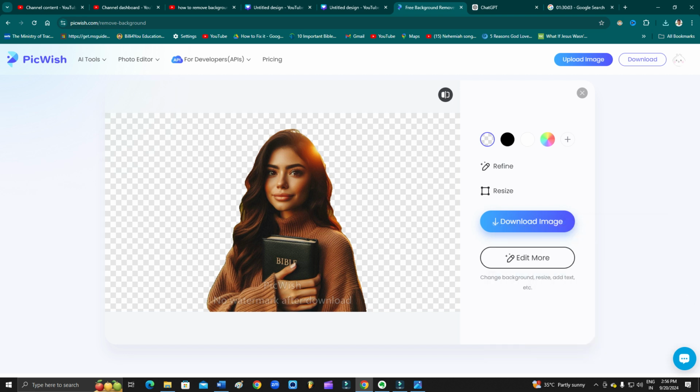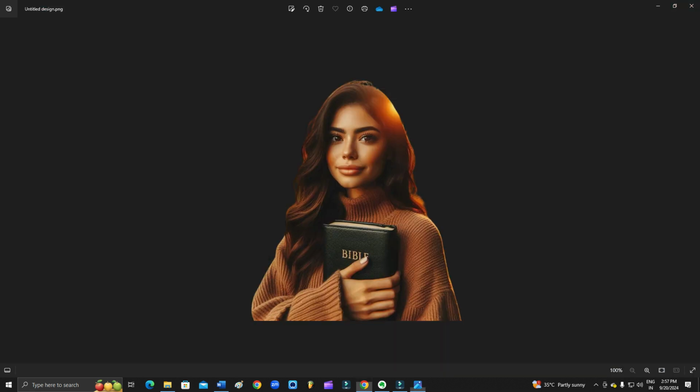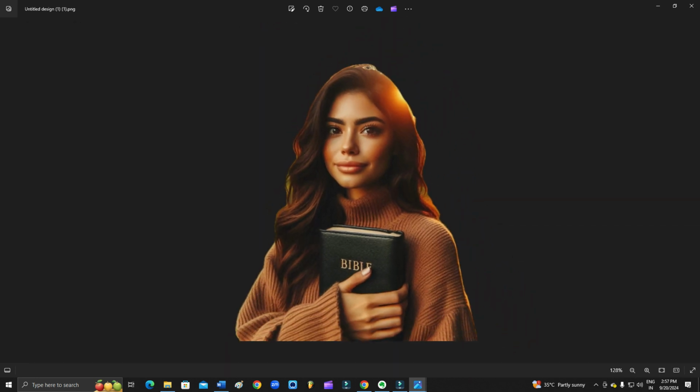So it gives you credit when you click on download. As you can see, I have one credit. You can download the HD image. Or if you don't have the credit, then you can simply download the free image. Even the free image format has a good option to edit your photos. So if I click on the free image also, then I'll tell you the quality. As you can see, the quality is not that bad. So this is your